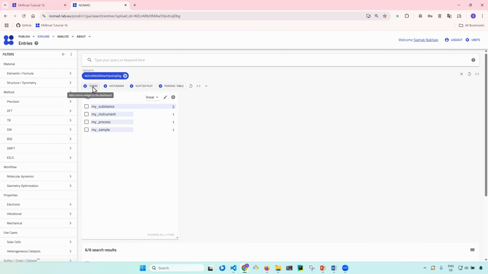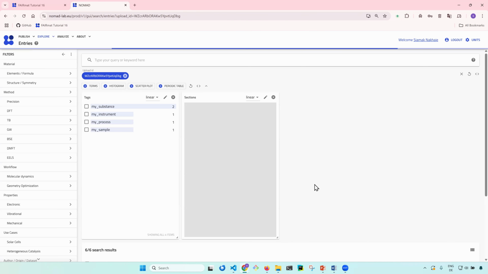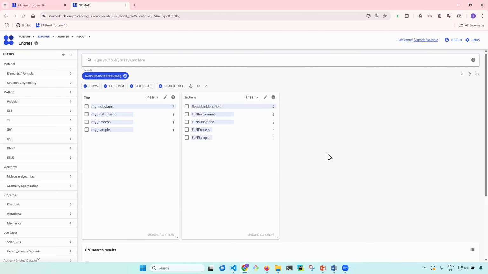Let's also add some other widget, which is a section. I just type section and I want to capture this. Okay, it's not that complete yet. So this is basically telling the information that I entered have been stored in which parts in which